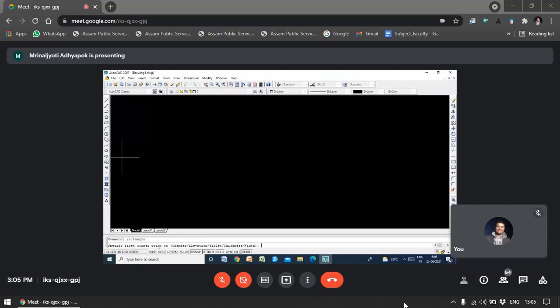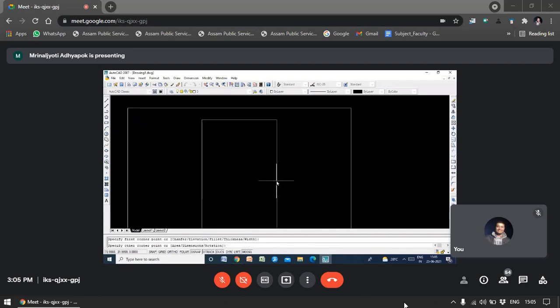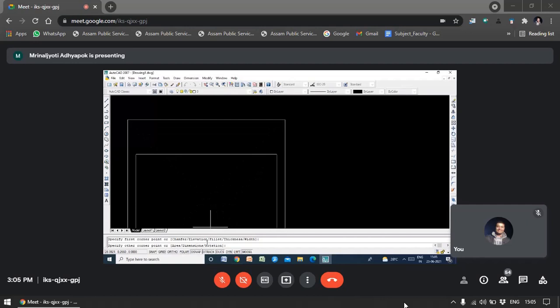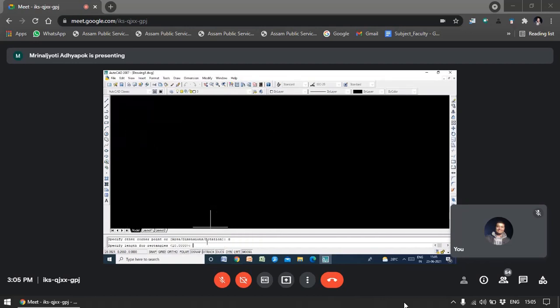It says specify the first corner point or chamfer, elevation, fillet, thickness, width. Okay, so here I am going to use the width. Okay, specify the line width of the rectangle. So width, okay, 100. Then first corner point. So area, dimensions. So I am going to use dimensions.